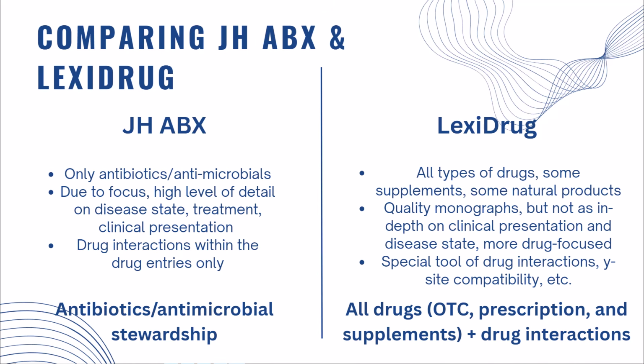The most important thing to remember is that Johns Hopkins ABX is for vaccines and antibiotics, so it is narrower in scope, but it is very deep in what it covers. Lexidrug, on the other hand, covers all drugs, some supplements, has patient education information, and more, so it is much wider, but also as a result, shallower in its content. Lexi-Drug has great information about drugs specifically, but Johns Hopkins ABX goes into more detail about diagnosis, disease state, transmission, pathogens, and so on. So while both resources are valuable in their own right, you would probably lean towards using